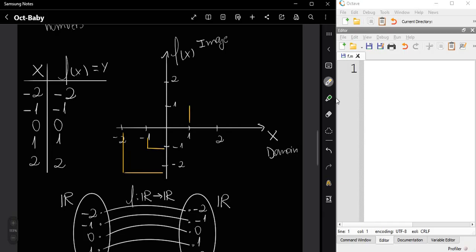For 1, we'll get 1. And for 2, we get 2.